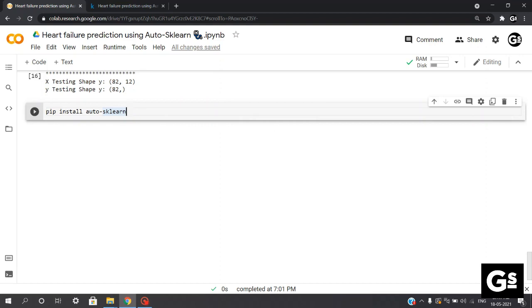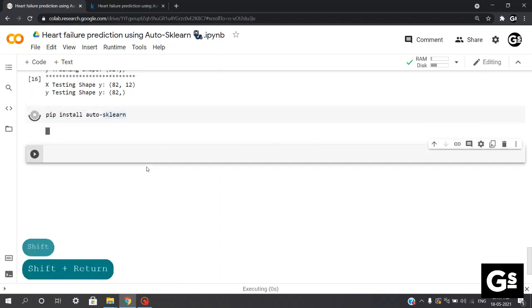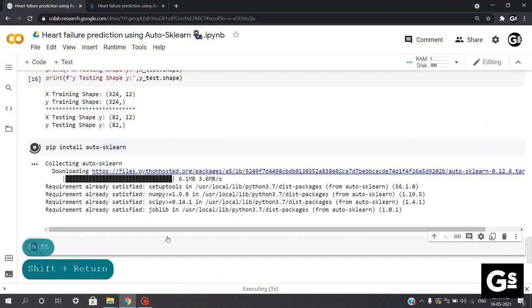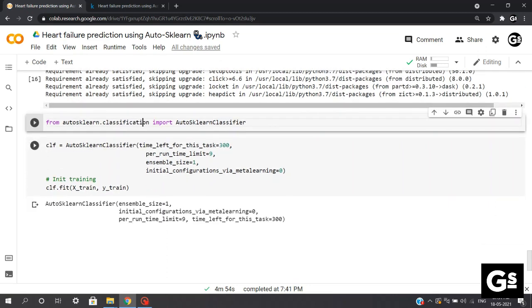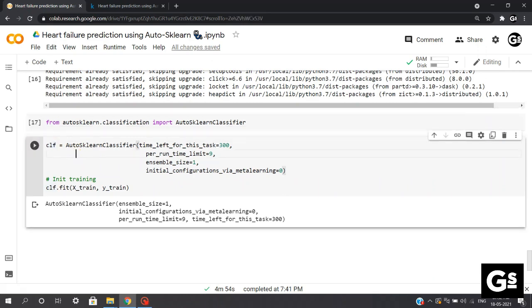Now firstly, we'll start downloading the dependencies by executing pip install auto-sklearn. This will download all the required dependencies. So this will take about 3 to 4 minutes for downloading. Now once we are done downloading the dependencies, we'll import AutoSklearnClassifier from autosklearn.classification. Now in case you're dealing with a regression task, you need to import from autosklearn.regression. Now coming towards an important step, we'll be initializing our AutoSklearn classification model. We'll create a variable, say clf, in which we'll execute AutoSklearnClassifier with the hyperparameter time_left_for_this_task equal to 300.